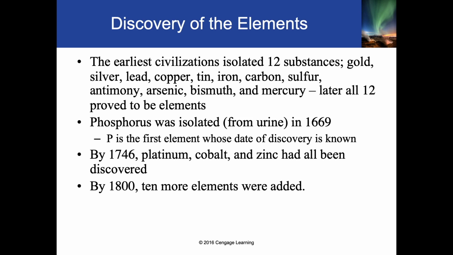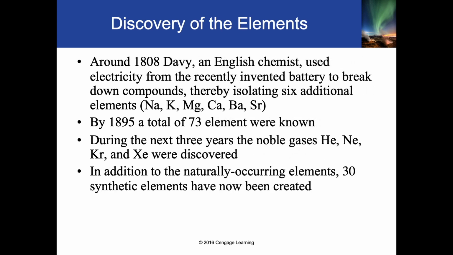So in 1746, platinum, cobalt, and zinc had been discovered, and then by the 1800s, 10 more elements were added, right? Crazy how fast chemistry happens, right? And then around 1880,